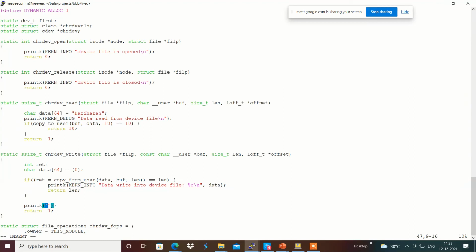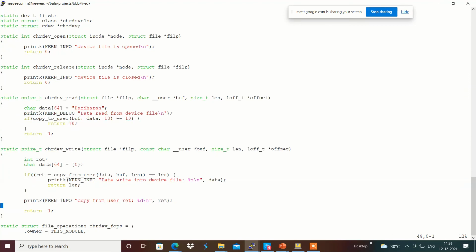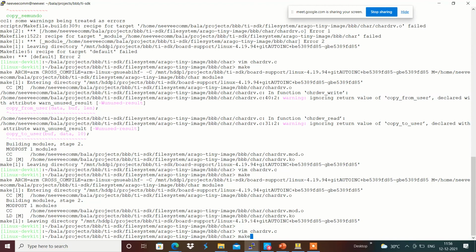It's something like kernel info, copy from user error, copy from user return value %d \n, comma ret over here. Now we will be checking.